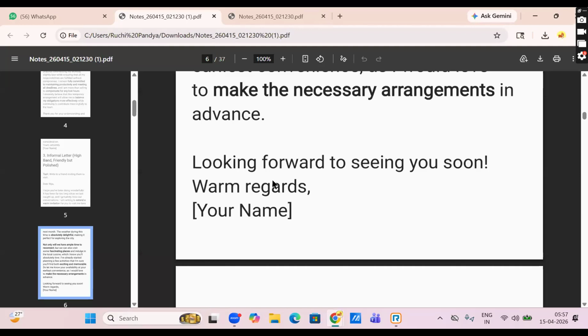Yes, go ahead. These letters have proper information about the question, and why the letter is to be written. Even though it does not have that much vocabulary, it has a good amount of vocabulary, so we can get a very good band score. It's written well and easily readable. Very nice. Okay. Anybody else?